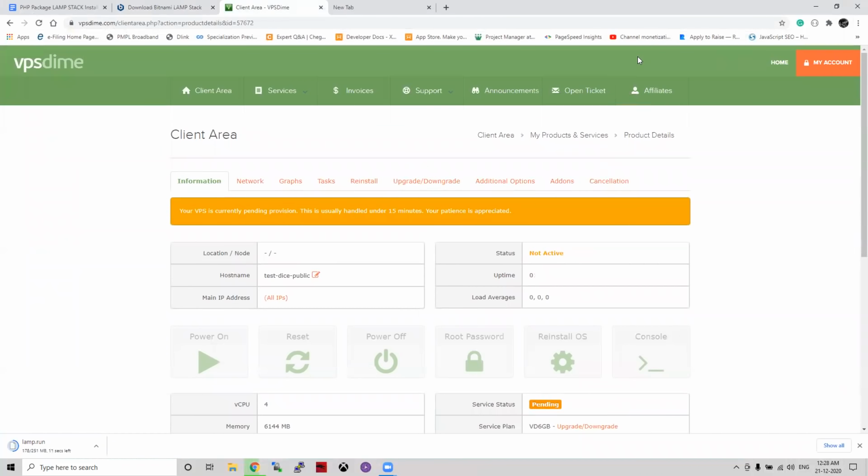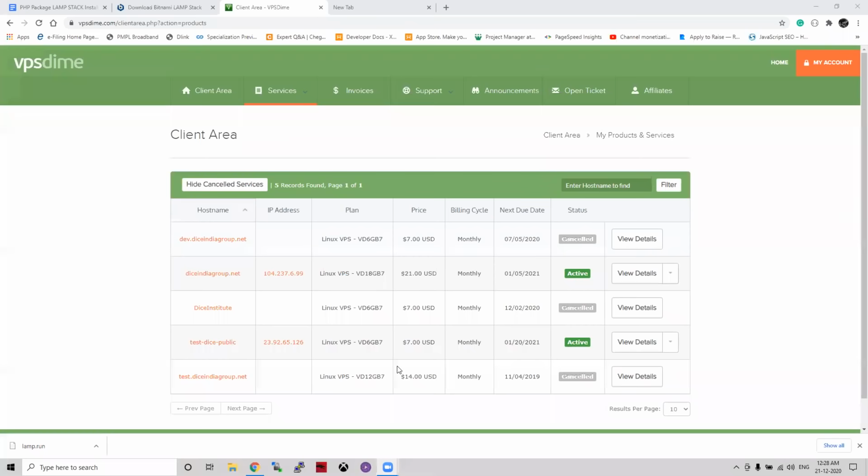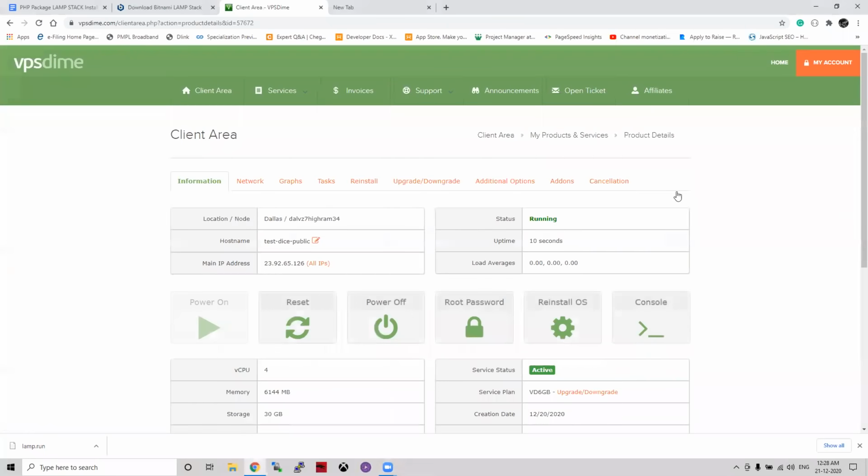Okay, let me stop sharing for a minute. Okay. So basically, it is downloading. So let that download, and after that, it is already downloaded. So let me share it again. Right. So basically, you can see it is already done. Because my payment and everything is done, it is already available.